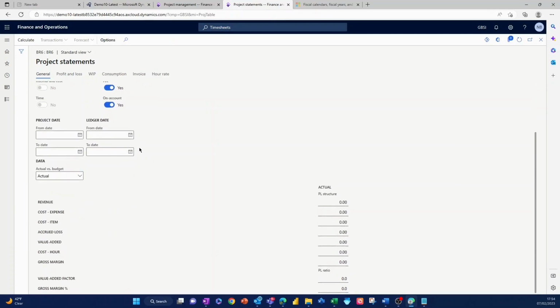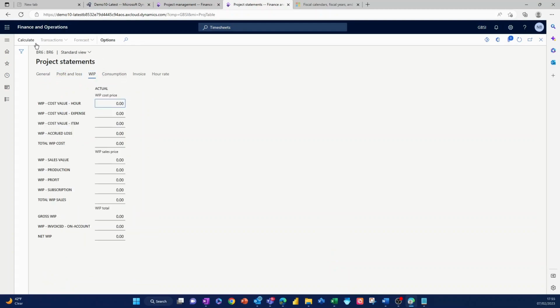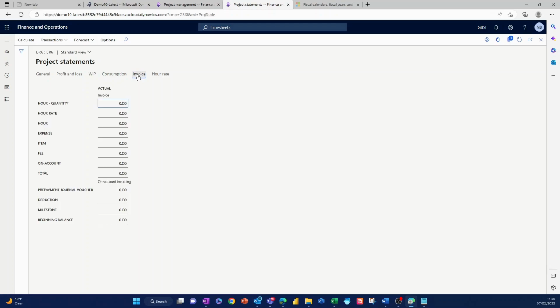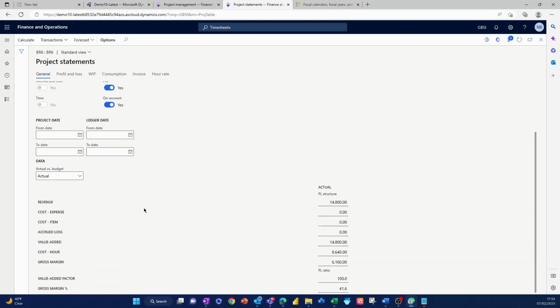So we've got various views, a general one, a P&L, a work in progress, and a consumption. And if we press the calculate button, it will calculate these values at the time. We can also, if we've done any invoicing, we would see the invoicing on account, invoicing statistics here, our hour rate. And if we go to the general one, we can look at our figures in terms of actuals, in terms of budget,